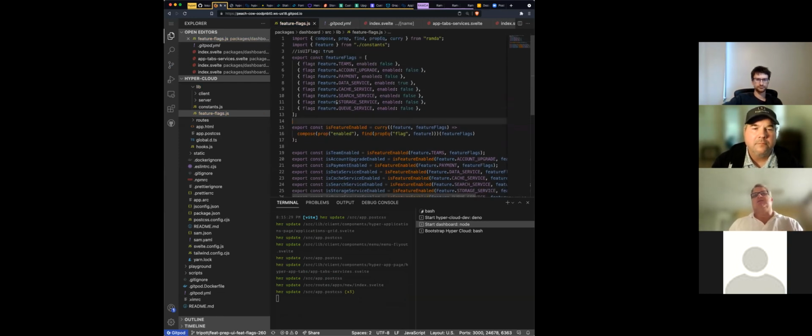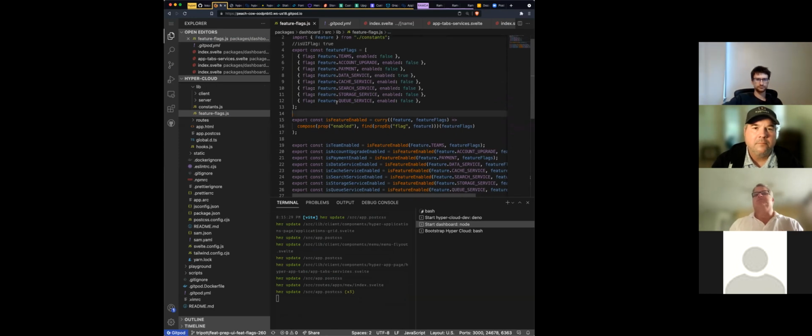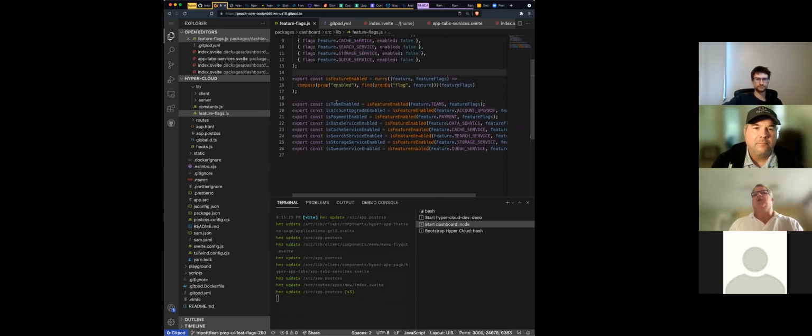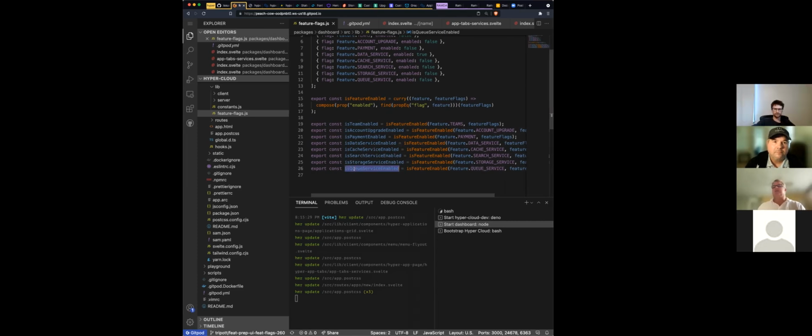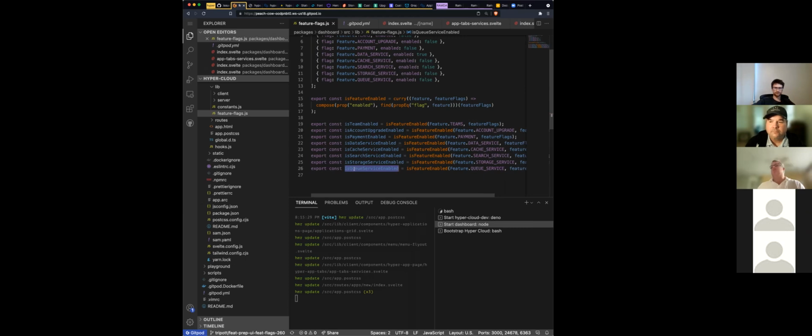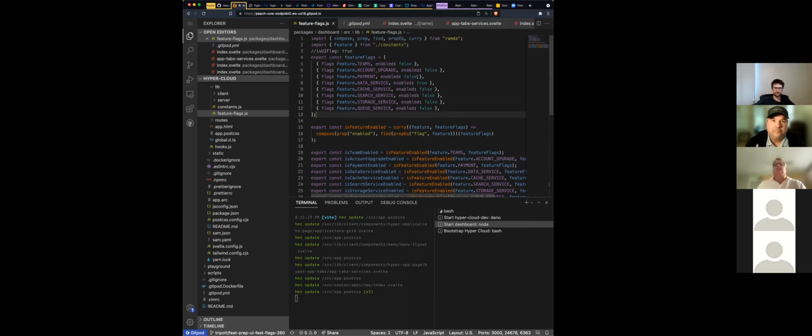We just have a feature flags library here, and we just have an is feature enabled curried function, and we just build little constants, the Boolean values that we export. And so you can just bring those into your app and say, hey, is this enabled? Then show it. If not, then don't. So for example, if teams are enabled, which they're not,